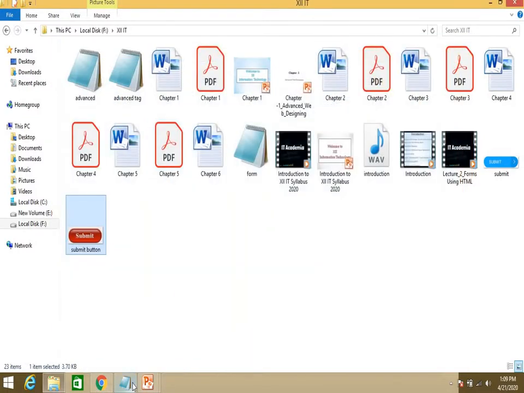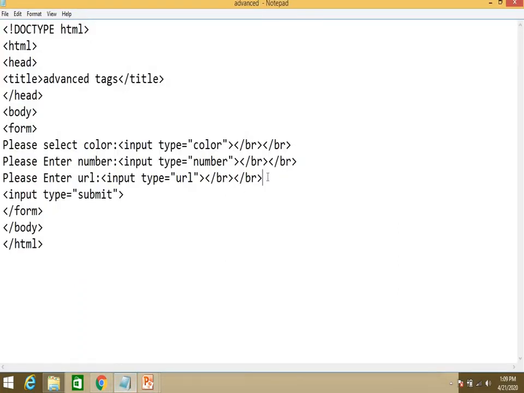So what you have to do is type enter image, input type equal to image.